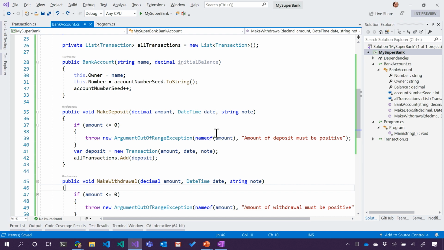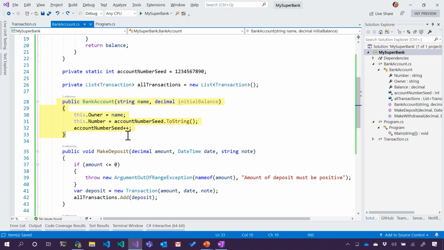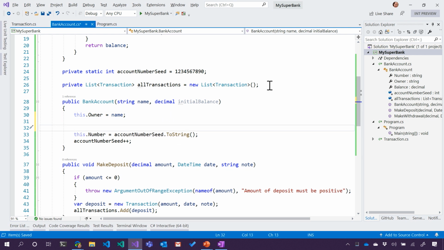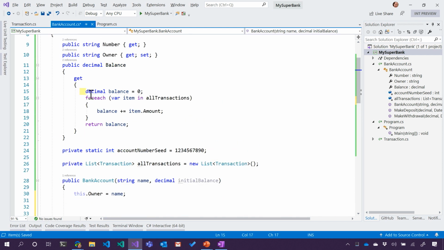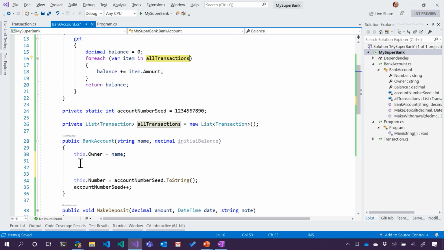Exactly. So then the question is, what would the bank account's constructor look like? Remember before I was just shoving the balance in there directly, what would that look like in this new world where I have a deposit? Right. Well, instead of just assigning the balance to a static number, we should actually probably review all transactions to see what the balance is. Right. So we've done that here where we say for each item, and that's a balance. We started at 0. That means that an initial balance should be itself a deposit.